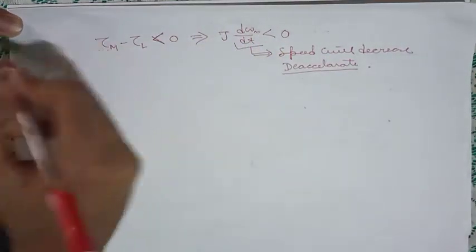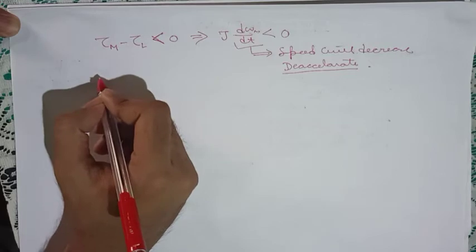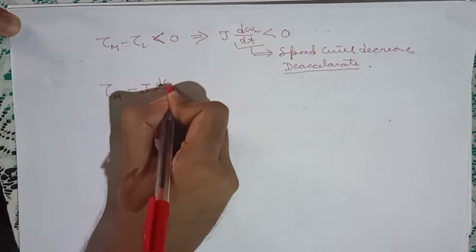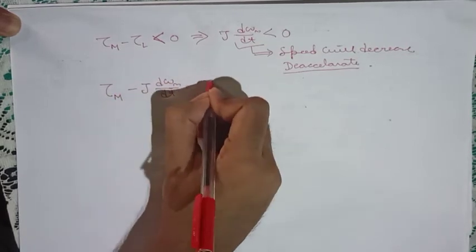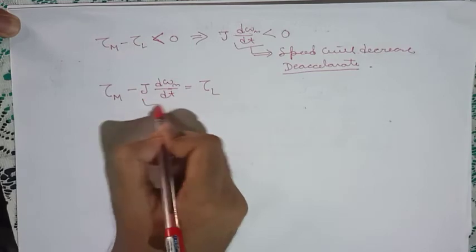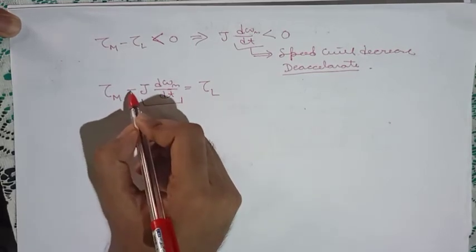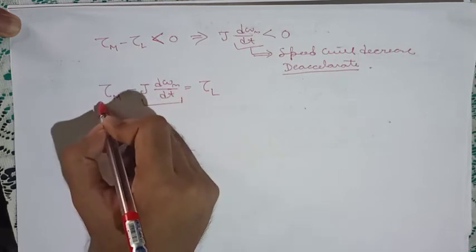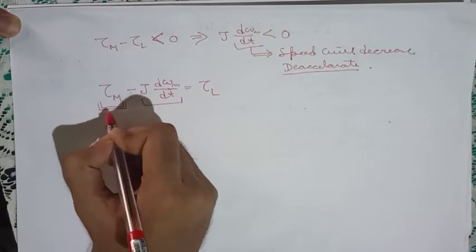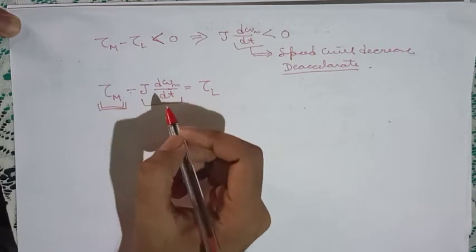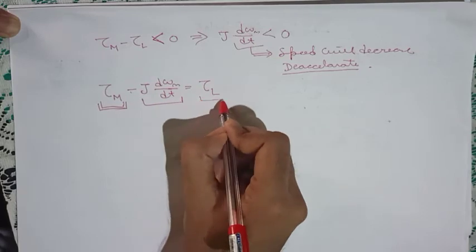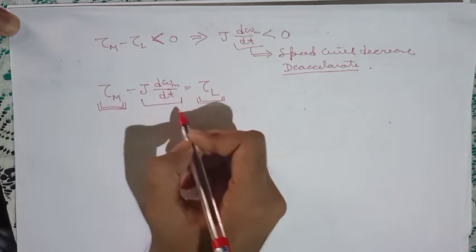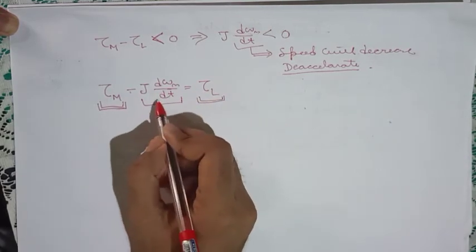Now let us rewrite the dynamic torque equation. Equal to tau L. Okay, now this term is negative. With this negative sign, this value of the dynamic torque will be added to the machine torque. Okay, what does this imply? It implies that the sudden increase in the load torque will be counterbalanced by the machine torque with the help of the dynamic torque. Now a question may arise, from where does the dynamic torque come?